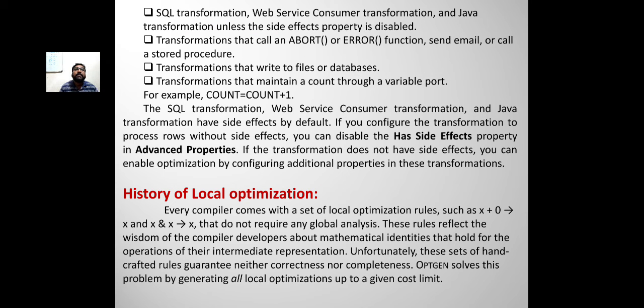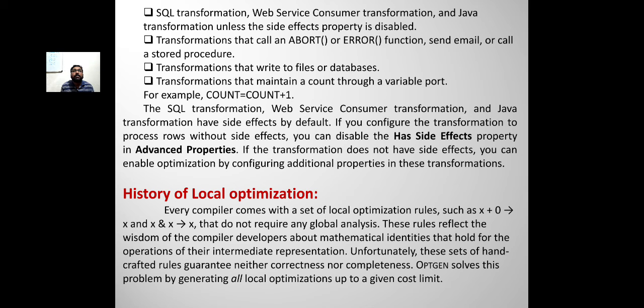SQL transformation, web service consumer transformation, and Java transformation, unless the side effect property is disabled. Transformations that call an abort or error function, send email, or call a stored procedure. Transformations that write to files or databases. Transformations that maintain a count through a variable port, for example, count equals count plus 1.